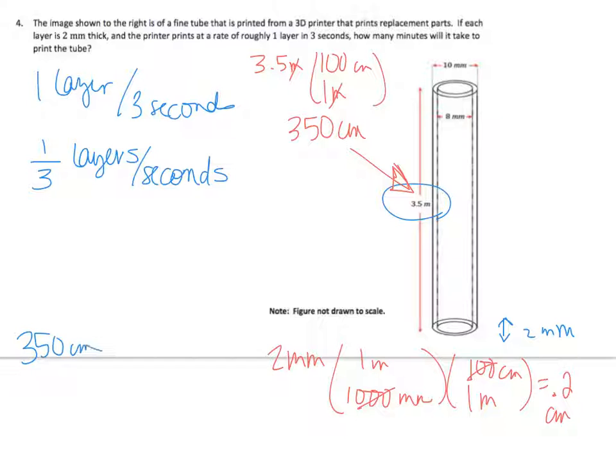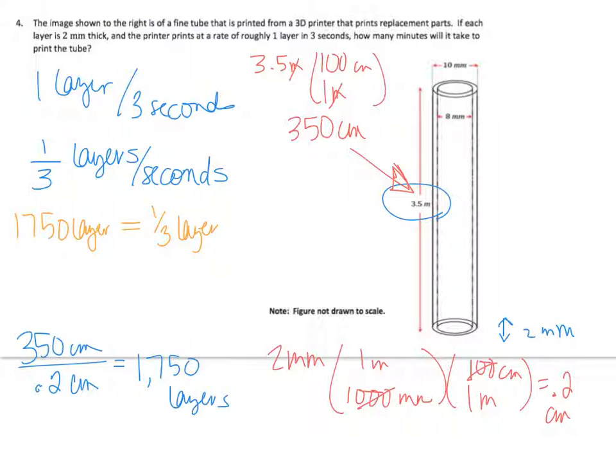350 centimeters is my total height. Divide by 0.2 centimeters, which is each layer, gives me lots of layers. Those are the number of layers. And if I'm printing 1/3 of a layer per second, let's get a new color. I've got this many layers at 1/3 of a layer per second. I need to know how much time,